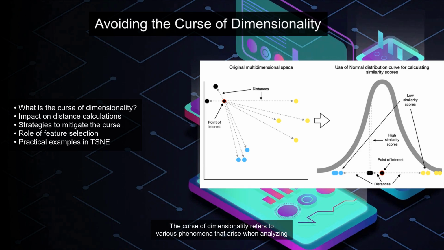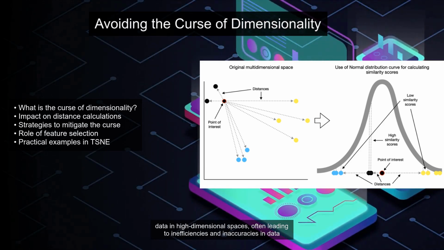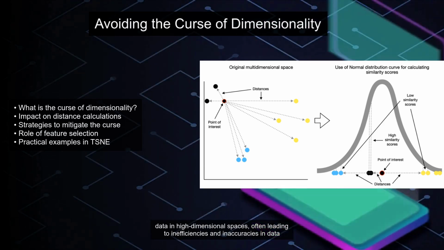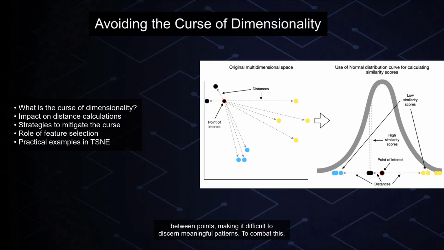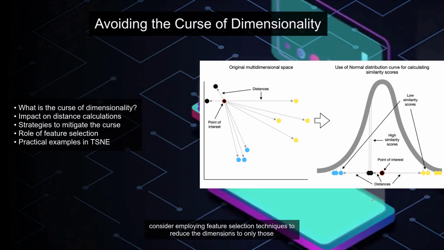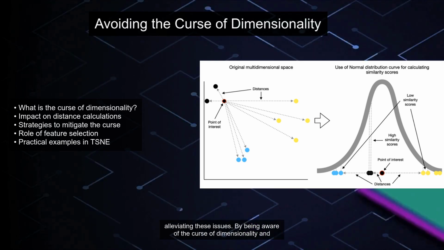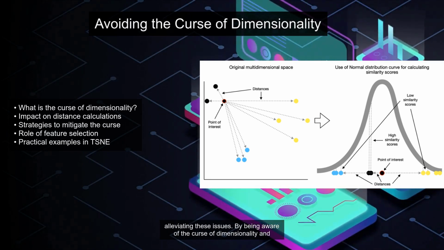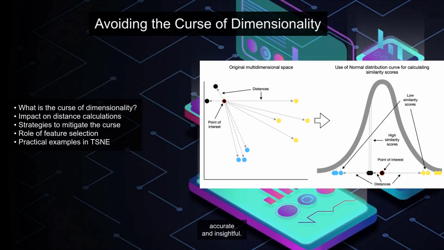hidden. The curse of dimensionality refers to various phenomena that arise when analyzing data in high-dimensional spaces, often leading to inefficiencies and inaccuracies in data analysis. In the context of TSNE, it can affect the distance calculations between points, making it difficult to discern meaningful patterns. To combat this, consider employing feature selection techniques to reduce the dimensions to only those that are most relevant. Additionally, dimensionality reduction using PCA can help in alleviating these issues. By being aware of the curse of dimensionality and actively working to reduce its impact, your TSNE visualizations can become